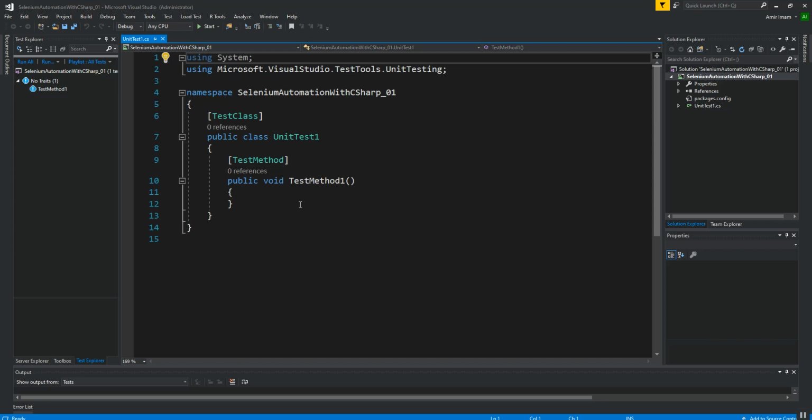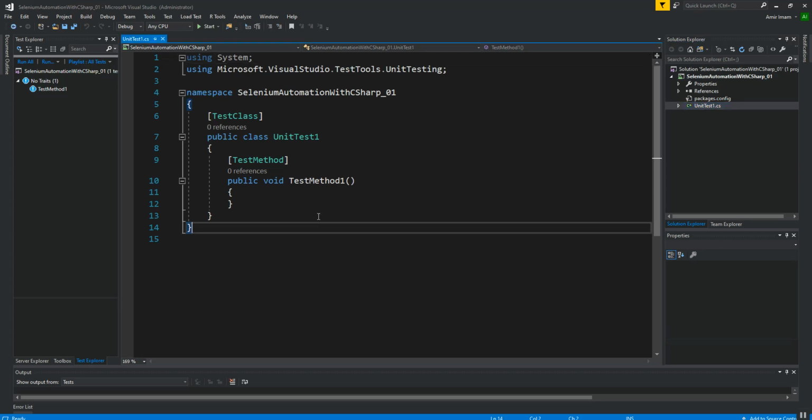First you need to understand the basic structure of a unit test. Here you can see only one file is created by default, named UnitTest1.cs. This is only a single class, and there is a TestClass tag just above it, and inside this class a test method is present.